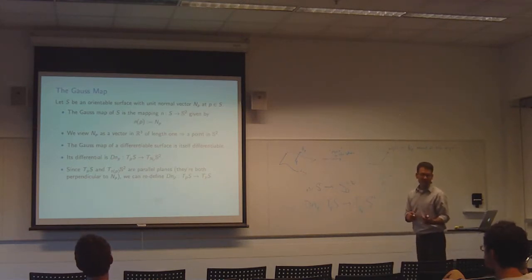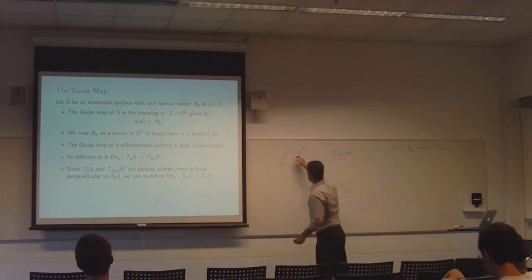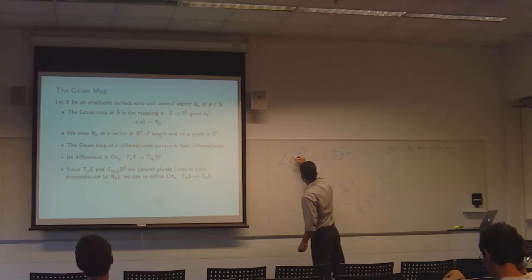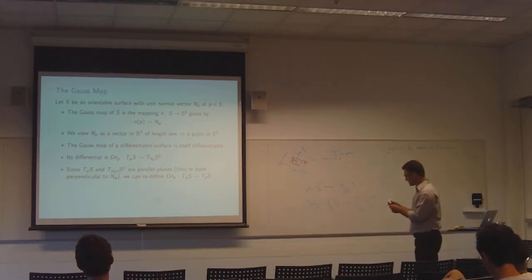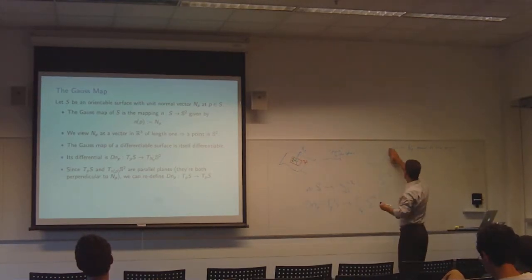Remember what the differential does. It operates in the tangent space. So it's a linear transformation of this tangent space here. This is Tp at S. And inside that tangent space, let's just take some vector, say x. X is some tangent vector to the surface. And what you get on this side